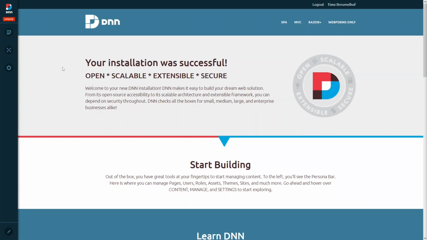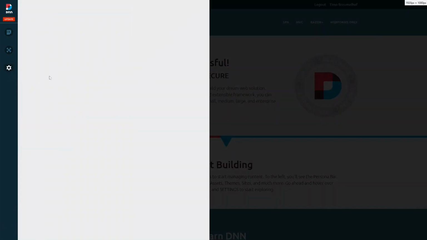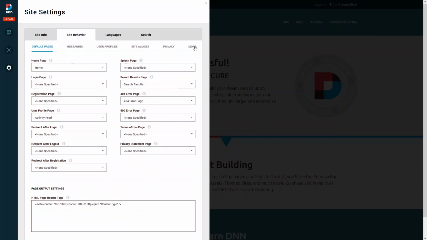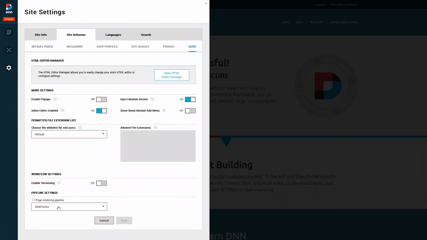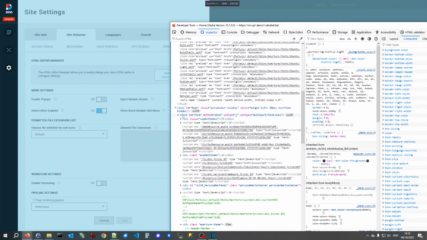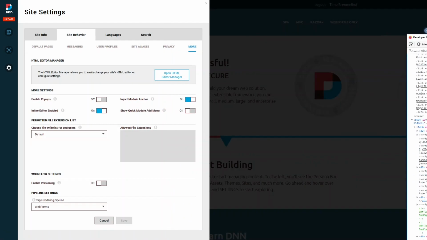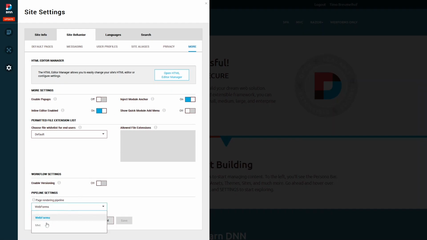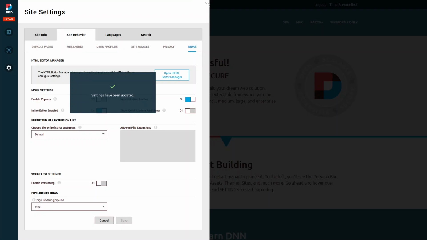Now let's have a look at the implementation of the settings. If I go into site settings, site behavior, more, you can see that the portal is currently on the web forms pipeline. And you can also see that here in the source, because the whole page is wrapped in a form. As soon as I switch this to MVC, the portal will be rendered through the MVC pipeline, and I click save,